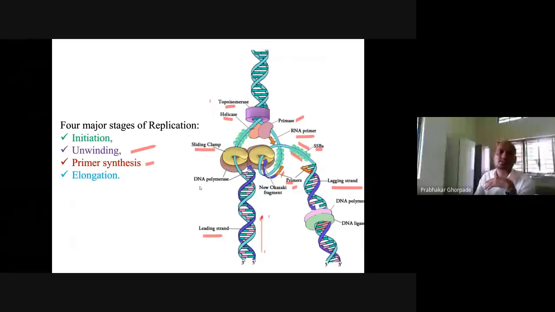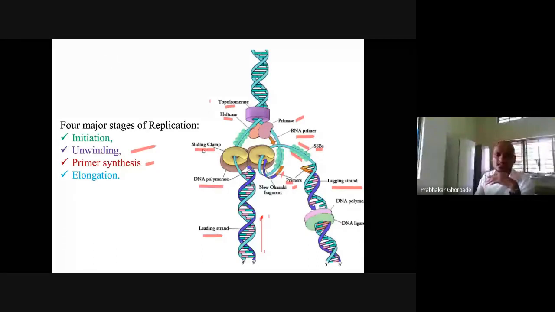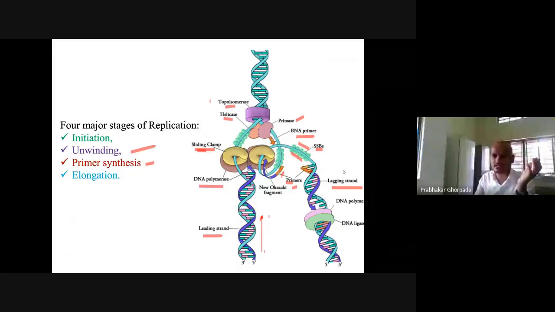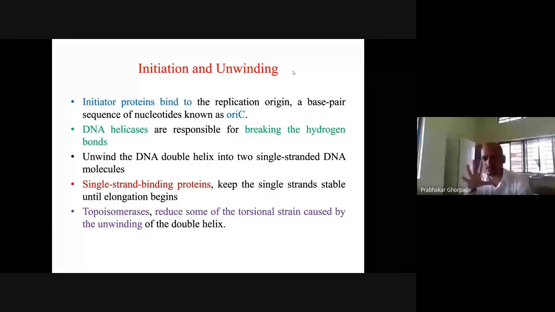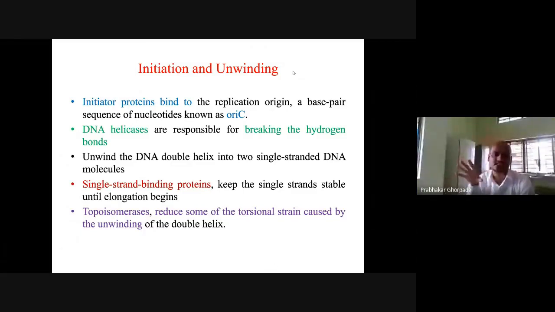So this is a DNA polymerase, and DNA polymerase has this clamp, sliding clamps, and all these things. This will be added here, and elongation is the process in which, once replication begins, the nucleotides go on adding to the available strands, right? So that is elongation. Initiation and unwinding: the previous figure was the overall picture of what we are going to discuss. Here, for example, we are discussing the initiation and unwinding event.